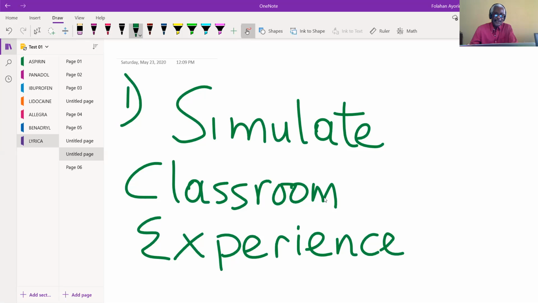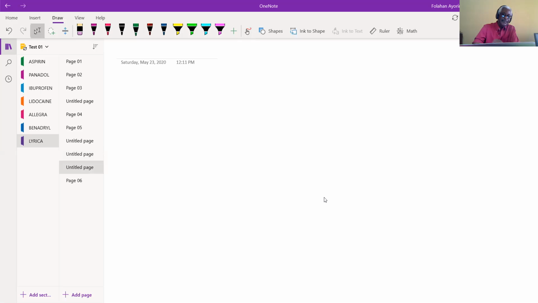So the first suggestion is, in as much as possible, you need to simulate the classroom experience by writing most everything you do on the computer screen as though you are writing in the classroom. My next suggestion, by the way, you folks, you see how seamlessly I go from one page of the OneNote to another. So my second suggestion is